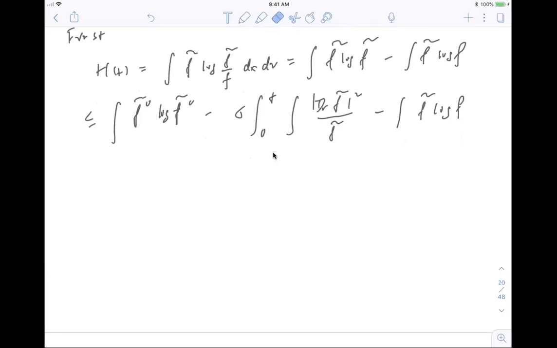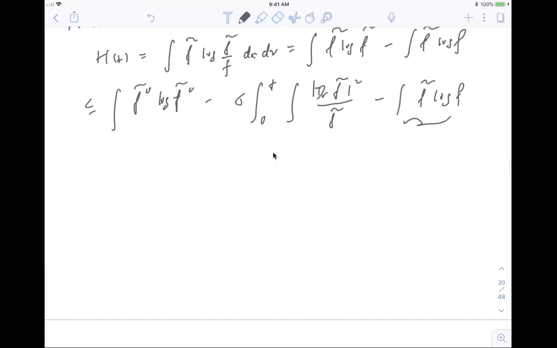So this term can be written using an integral